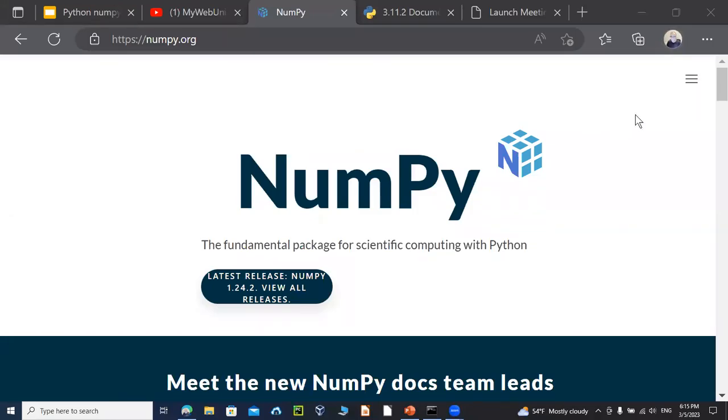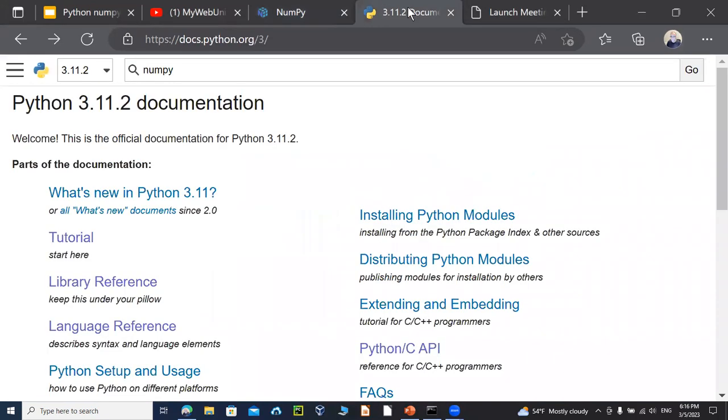Hey everyone, in this session we're going to discuss NumPy, the Python NumPy module. As you can see, I'm on the numpy.org website, and you can see the latest version is 1.24.2, and you can get the entire documentation using the numpy.org website,